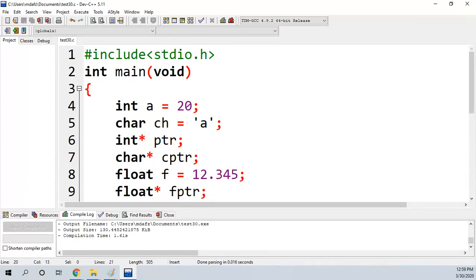As I said, every memory location will have a specific address, and that address is permanent. Inside your computer, it is permanent, but inside your program, it is temporary. When you are storing that address into a pointer, that pointer will store that address as long as your program is executing. Once the program execution stops, that address value will be deleted from that pointer, but not deleted